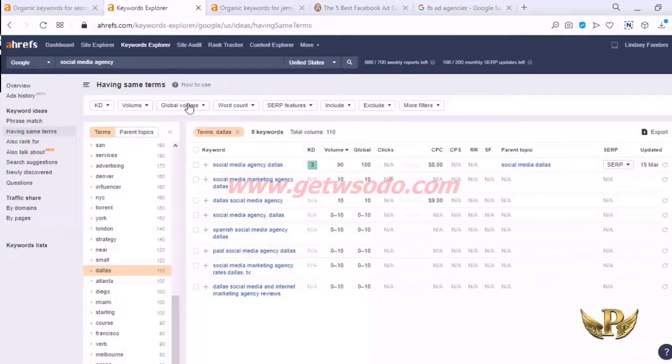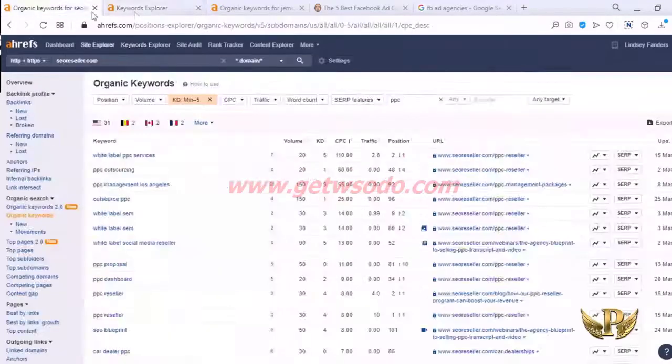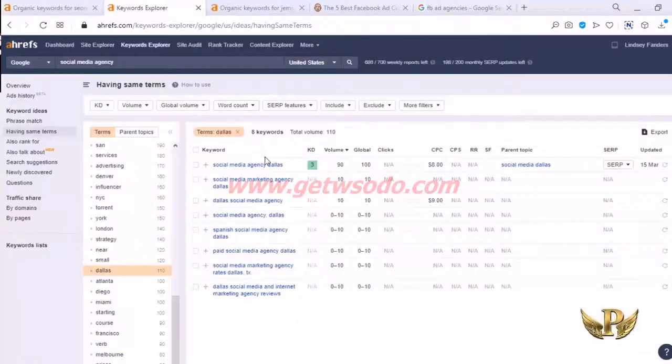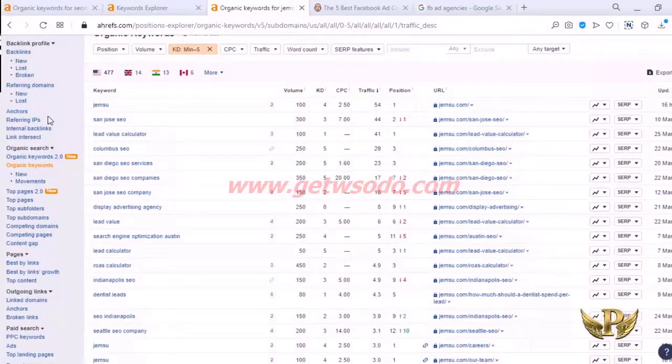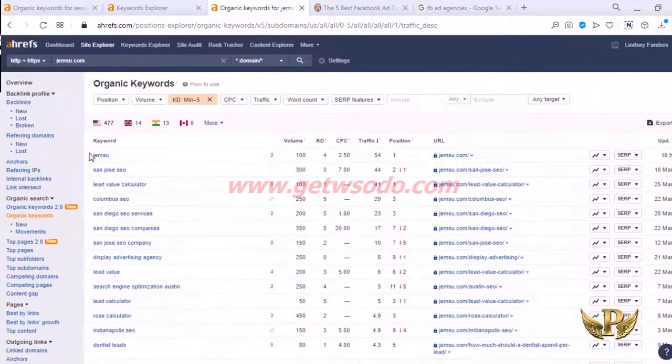And then, yeah, that's it. The gold niches to go for if you're an SEO and you're trying to rank: go for PPC, social media stuff, web design stuff, and then Facebook ads, Instagram ads, all that stuff. Go after that stuff. So basically, the only thing you have to do is come in here to this Keyword Explorer,